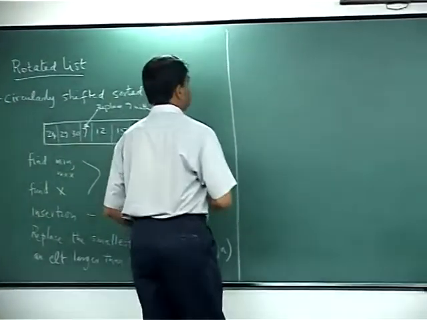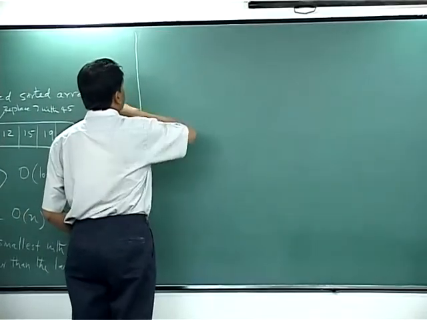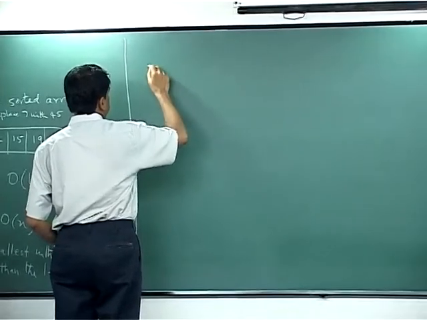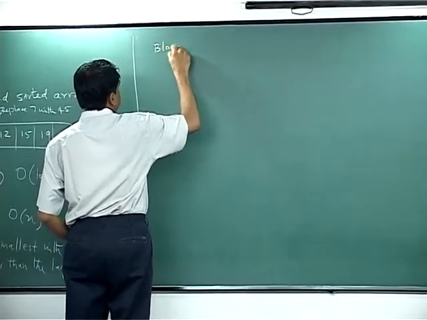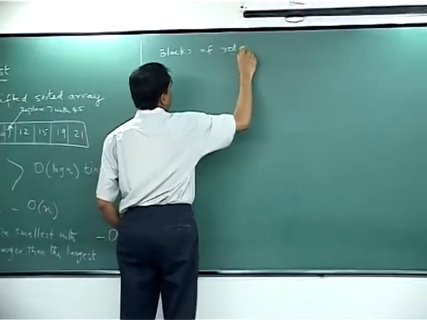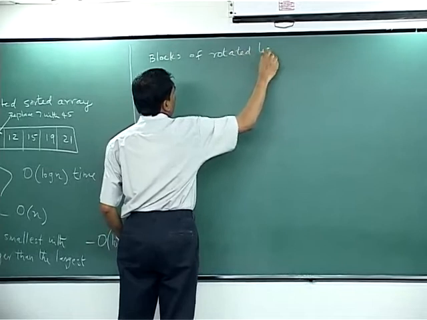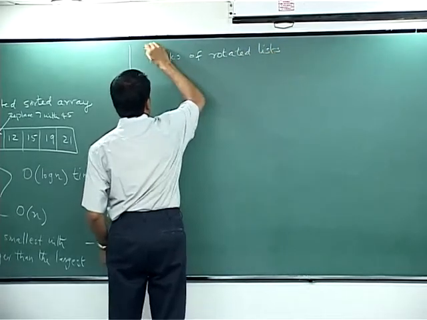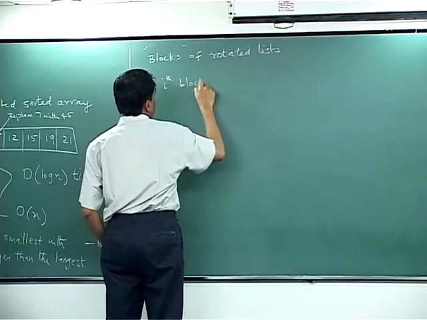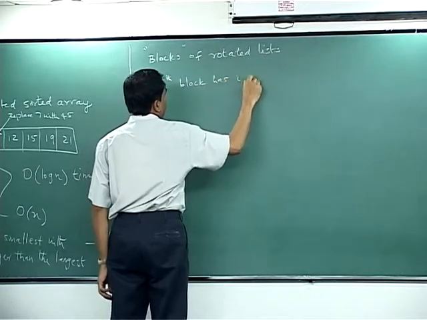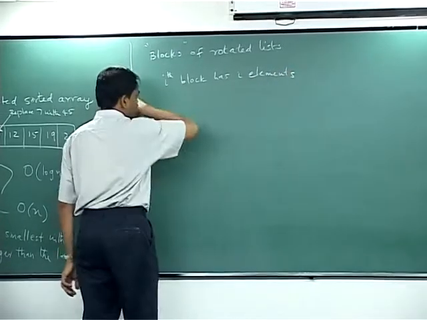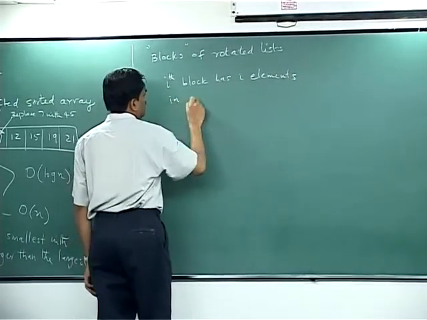I will have, let's call this, blocks of rotated lists. So you have the ith block has i elements in a rotated list,